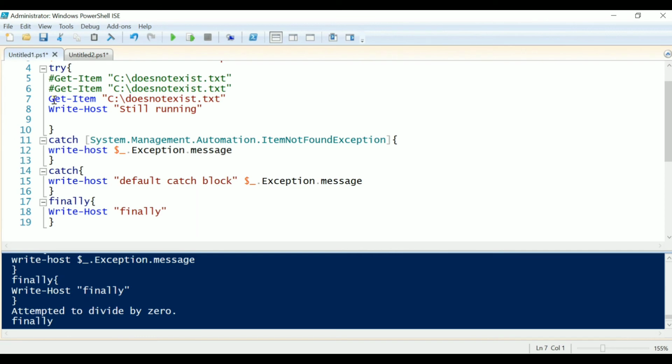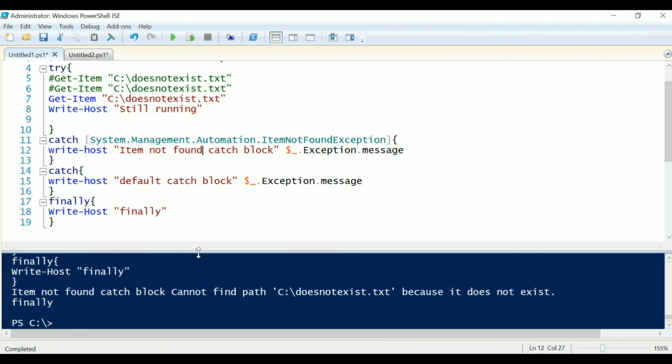Before executing, let me write one text here also so that you can differentiate: item not found catch block.